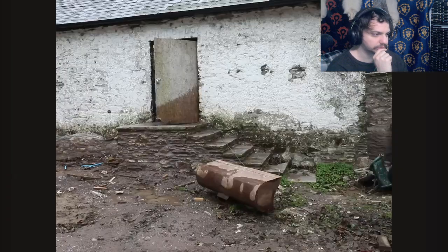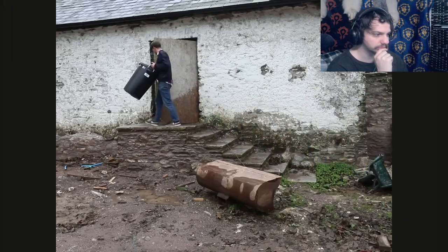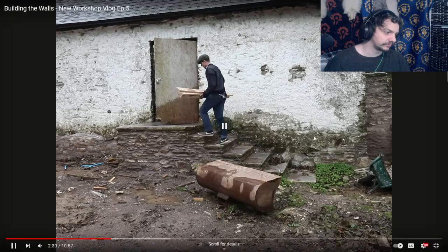So I got an 80-litre bin as well this morning for the place, just to throw in our rubbish and our offcuts and whatever else. I'm going to have to take it home to throw it away, but at least it'll keep everything nice and tidy. We're also going to start work on that table today, so as you saw, I spent all the morning